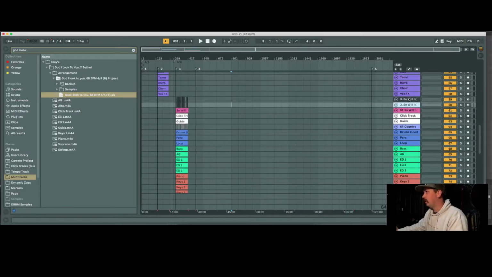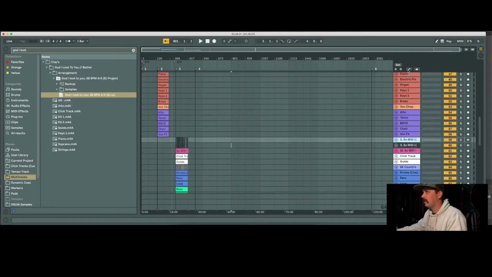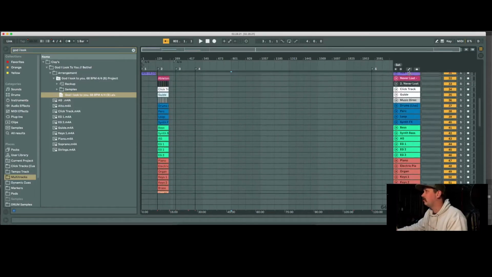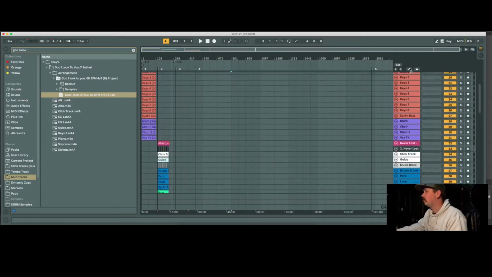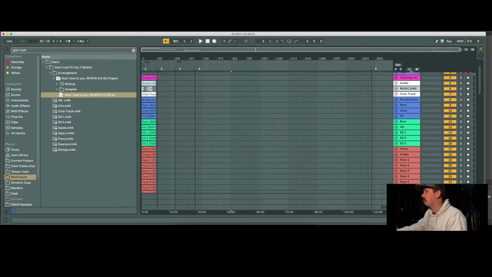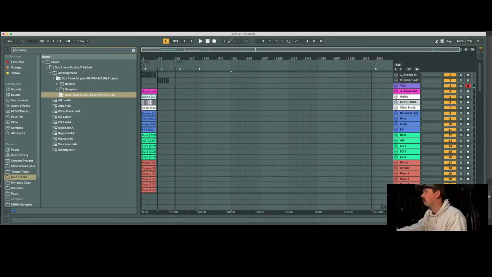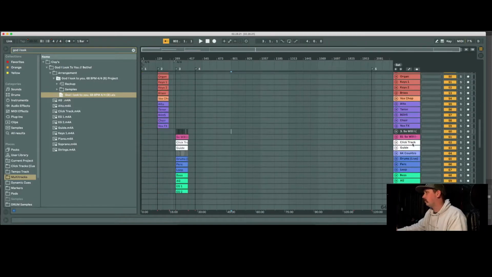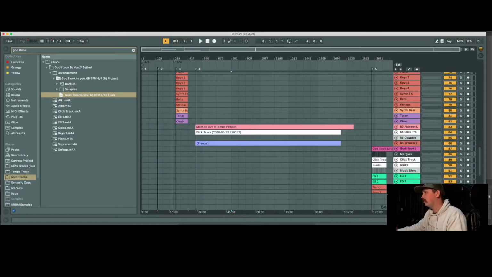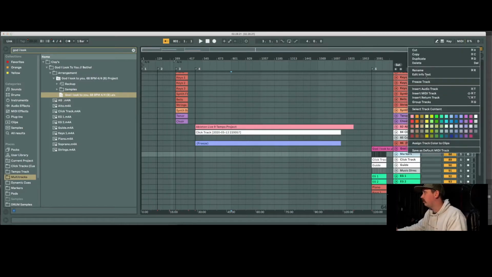Command D will duplicate that, and then we'll drag the duplicated one to the very top. Okay, we'll do the same thing for number 4. I don't have it for number 4, so sometimes I'll just go ahead and